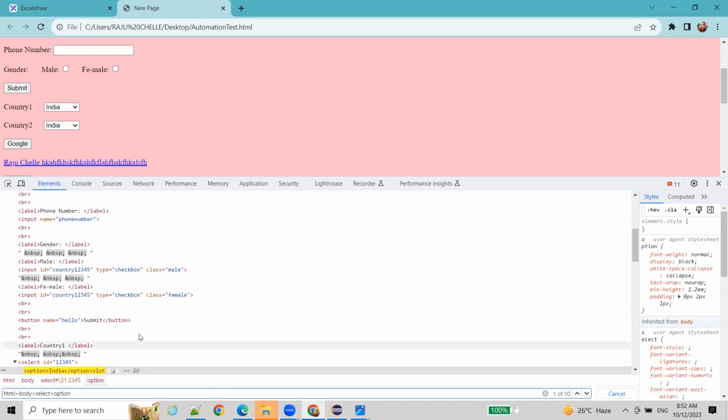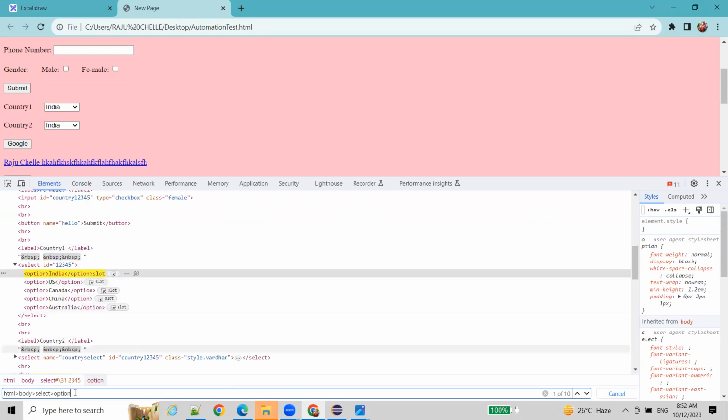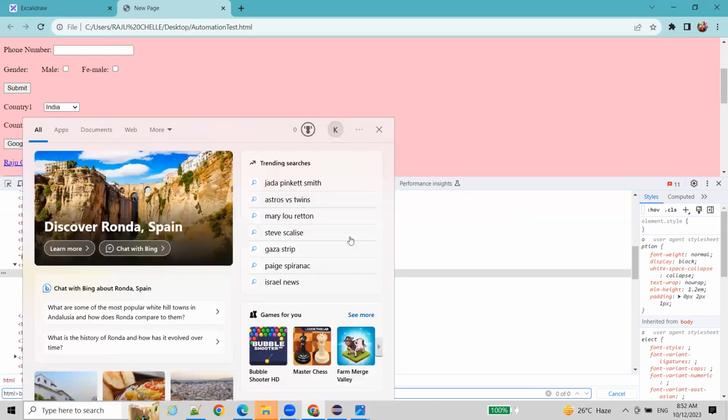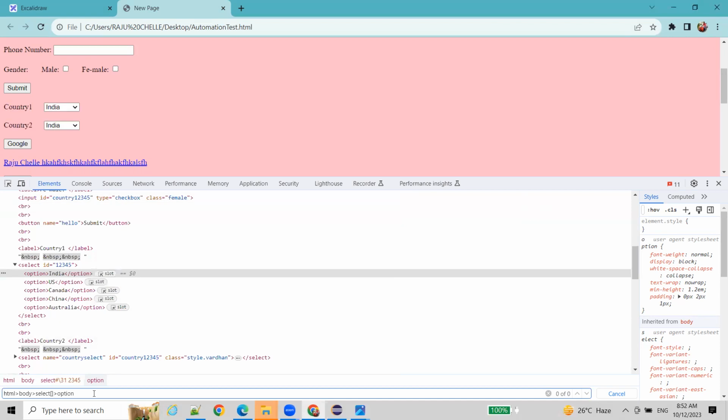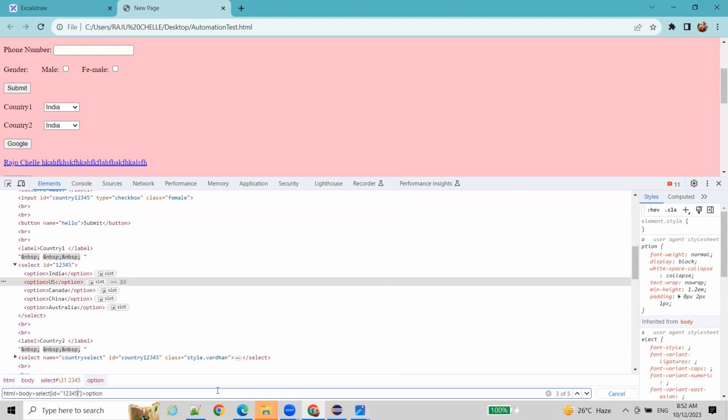But here you have two selects. To differentiate two selects, what you have to do? Use its properties. So first select property. Let me use ID to differentiate the first select. What is the ID? 1, 2, 3, 4, 5. The first select will come and it will give all options. If you have some properties for the option tag, you can use them. Otherwise